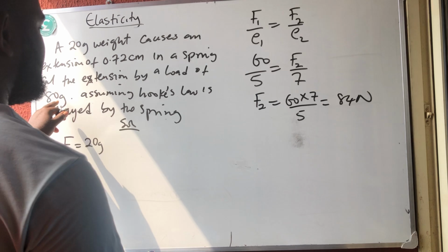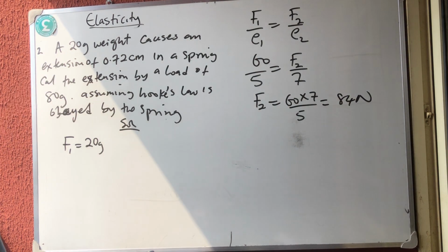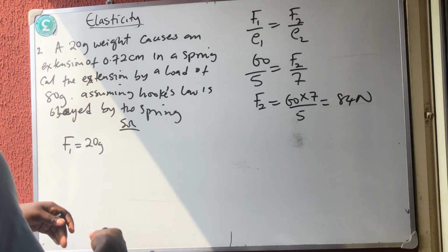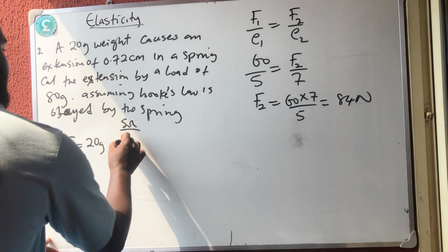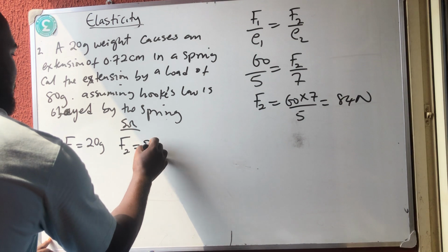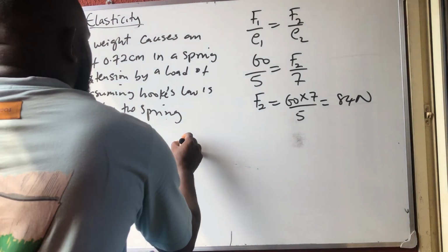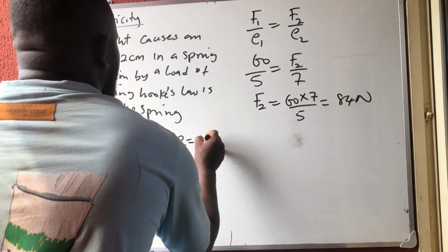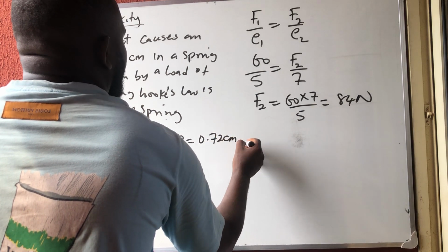Because the other one is already in gram, so gram can cancel gram. So no need to convert to Newton. But if you like to convert, it's a waste of time, but you still get the same answer. The second force is equal to what? 80 gram. Then the extension given, the first extension there is 0.72 cm, and they are now asking us